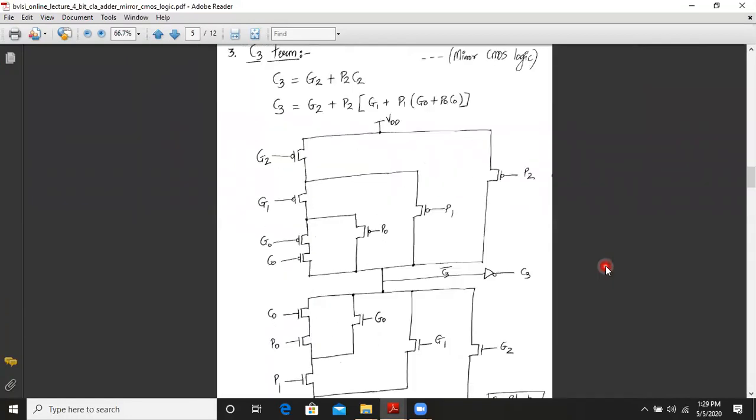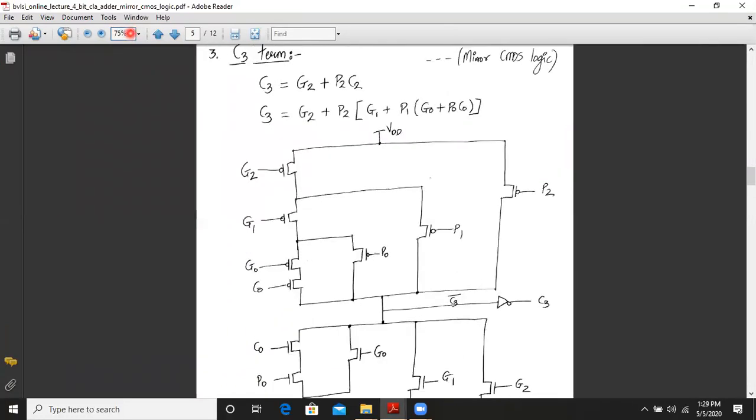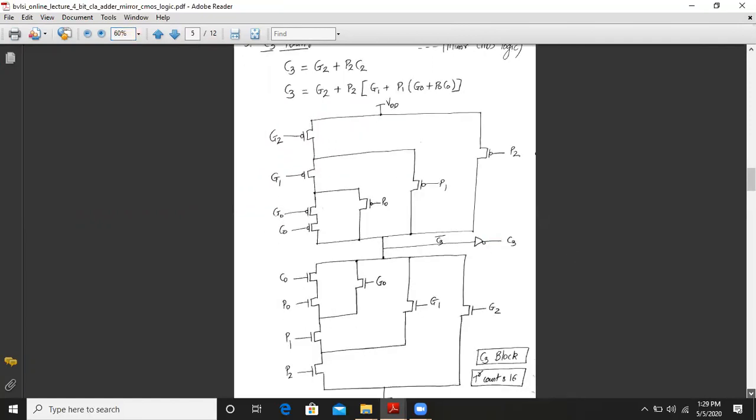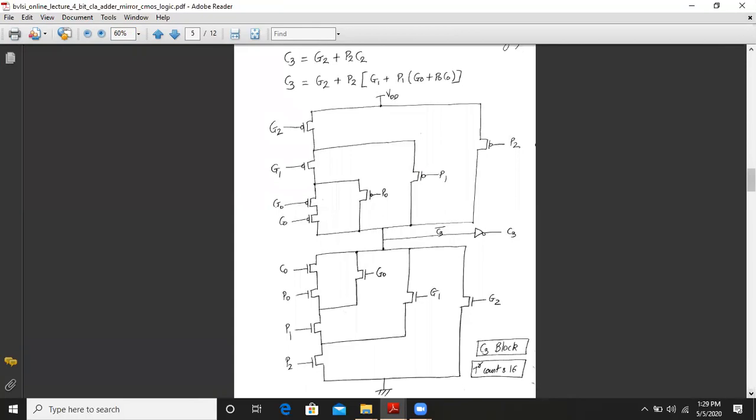So let us start with the design. Let me adjust this. I think it is fitting the screen now. Yes. So first we will try to implement the pull down network. So we'll start with the two NMOS transistors in series with the input C0, P0.